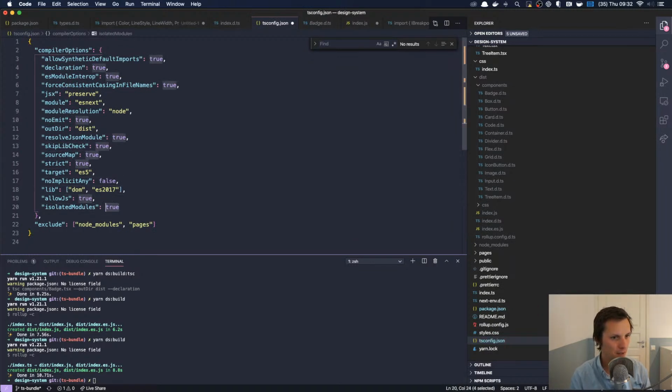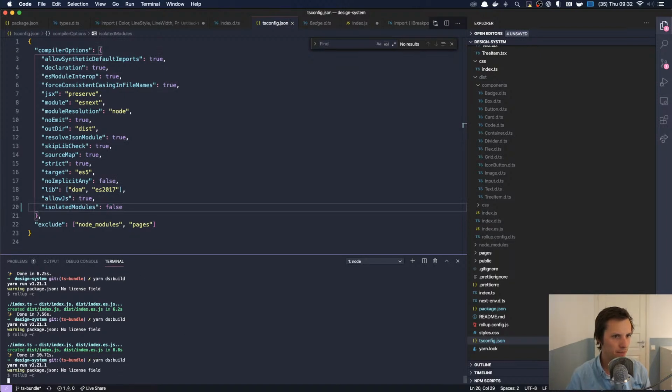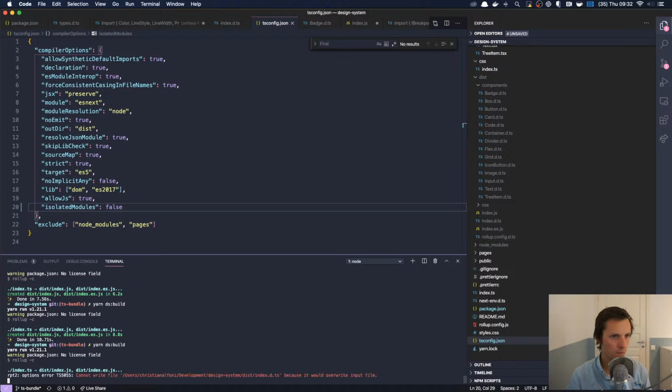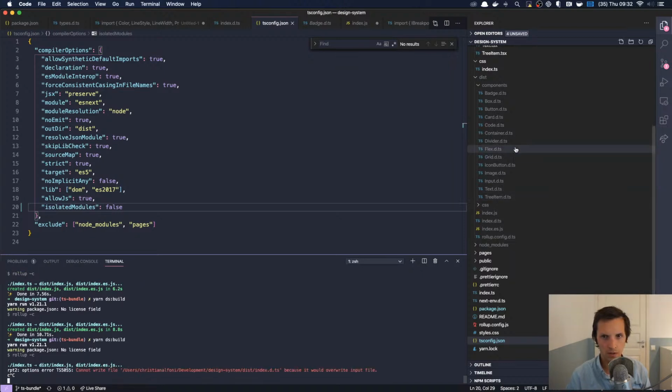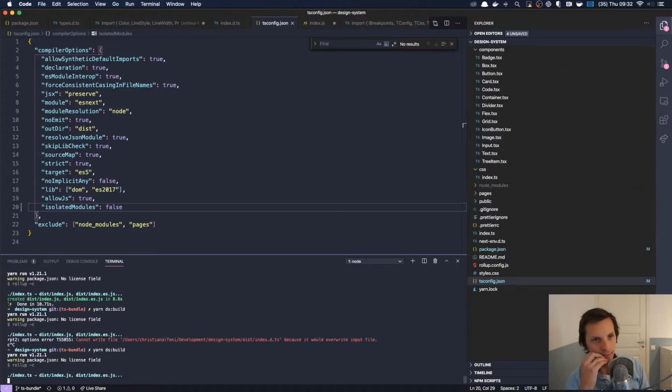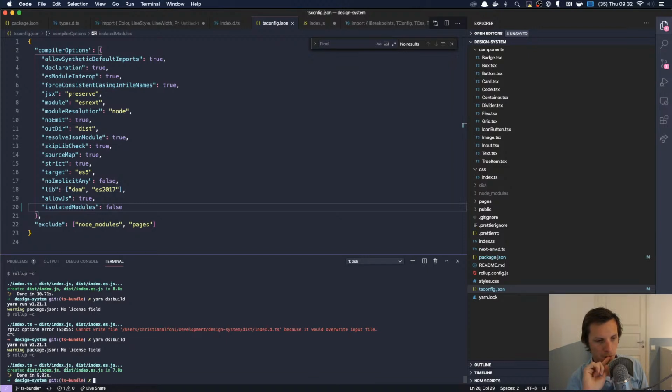What about isolated modules? This is like the story of my freaking life, doing this kind of stuff.